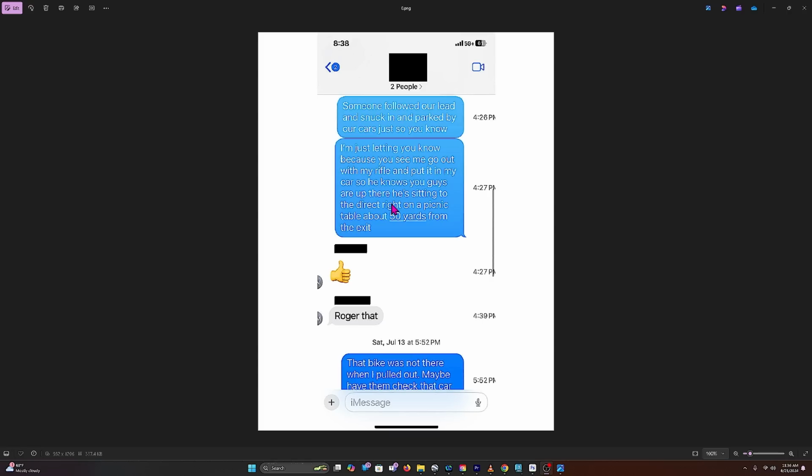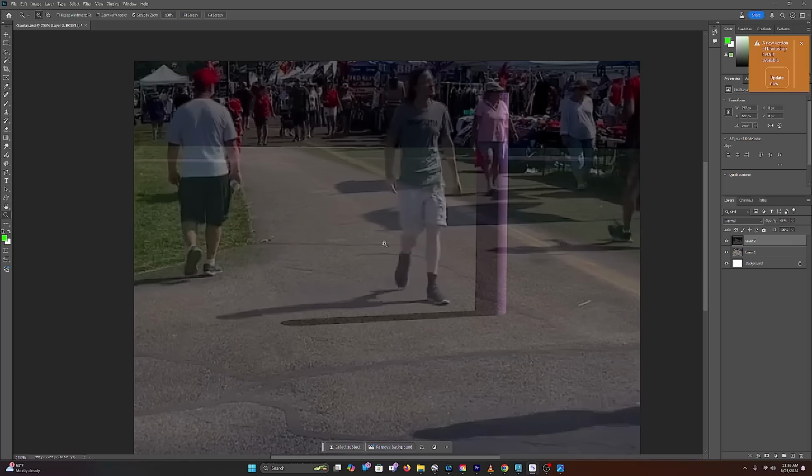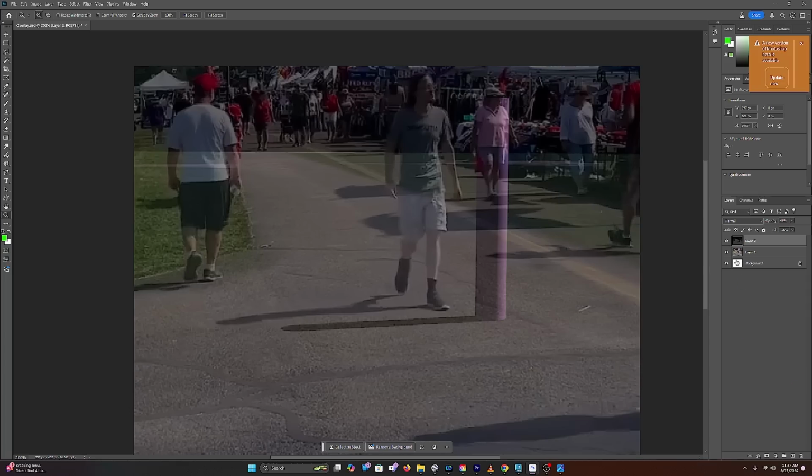But anyways, leave me a comment in the comment section what you think. I think this pretty much debunks that he's in two places at one time. I feel like the text message can be explained. It's either not him or it was something that happened maybe 15, 20 minutes earlier, and now he's getting around to texting about it. But for certain, when you look at this image right here, this is very consistent with 4:26. See that? Right there.